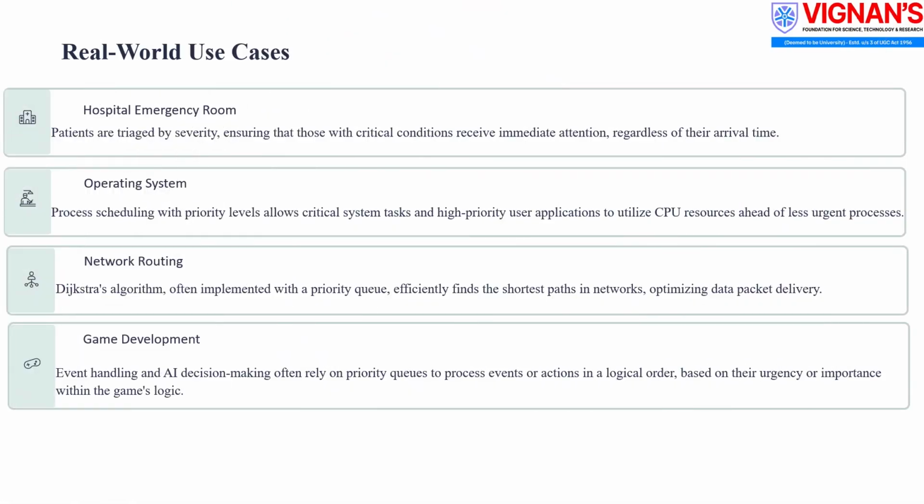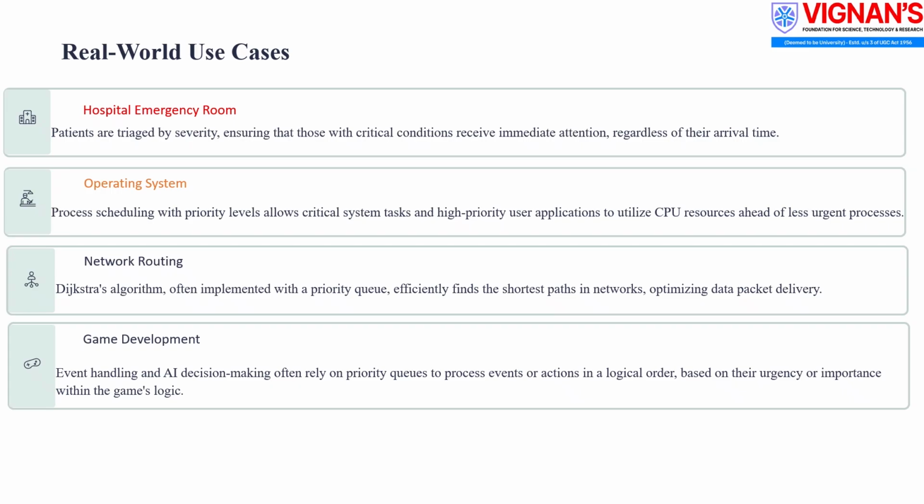Priority queues are widely used in real-world applications where tasks must be handled based on importance. In hospital emergency rooms, patients are treated according to the severity of their condition, ensuring critical cases receive immediate care. In operating systems, priority queues are used for process scheduling, allowing high-priority system tasks to access the CPU before less